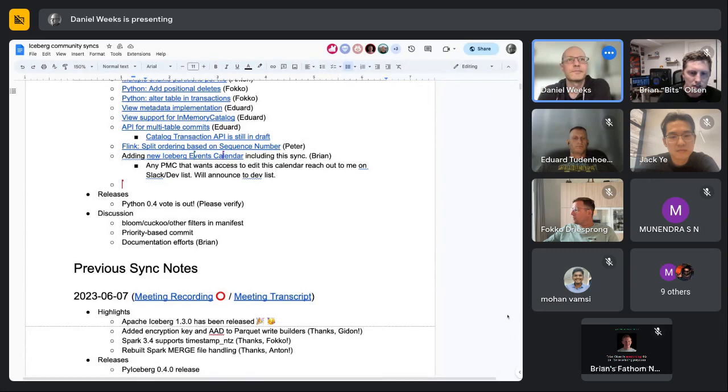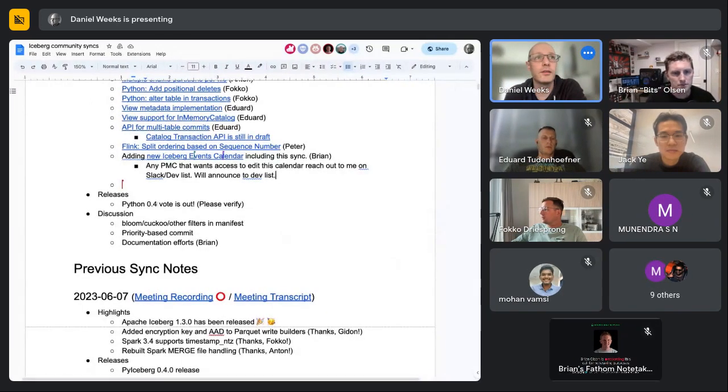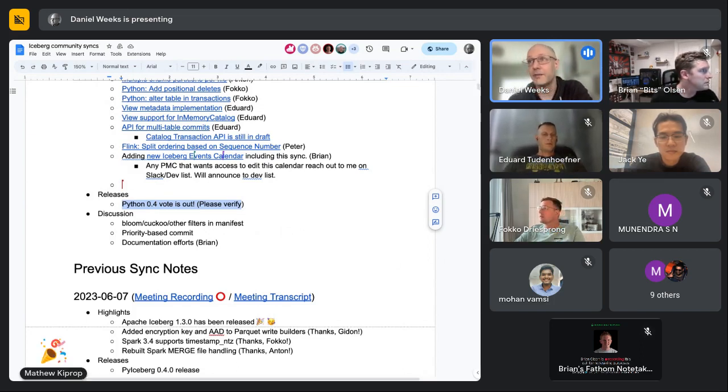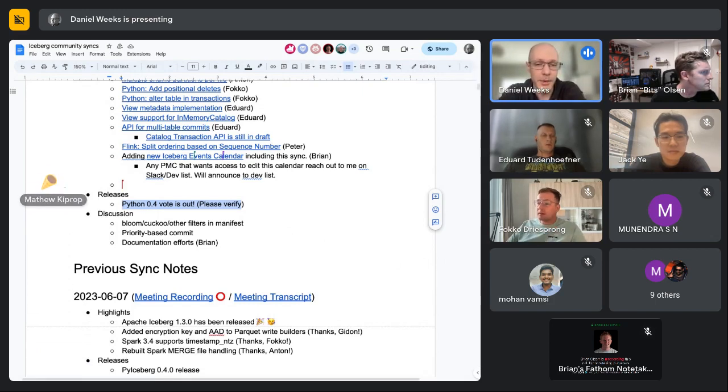Okay. So the major release is Python 0.4, which just went out, I think, Monday for the first time. We went through one RC, found a little issue, and thankfully Fokko turned around a new release, so the vote is out. If anybody hasn't used the Python library, that's actually who we want to hear from probably most,